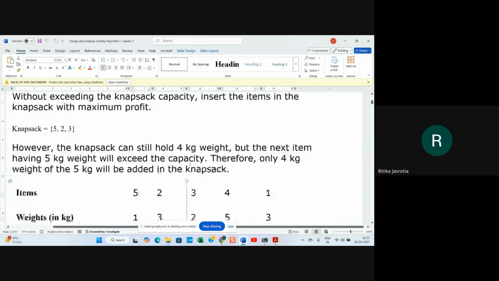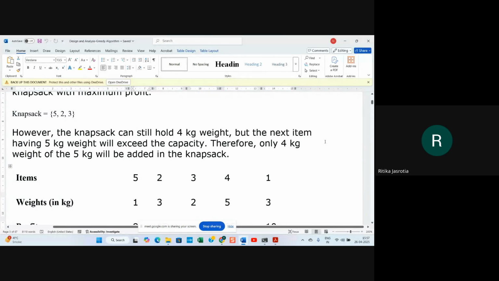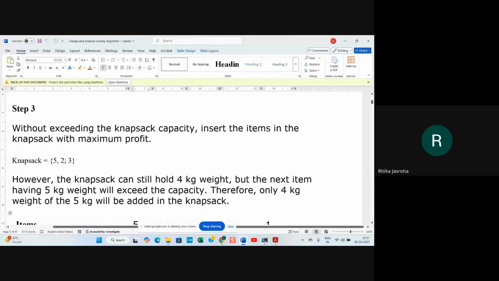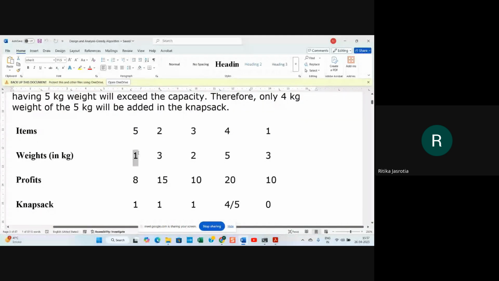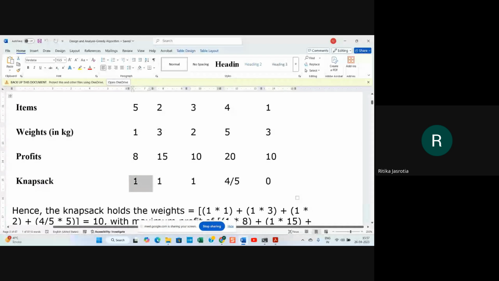Okay, let us see what they are saying. They are saying that you have to take the fifth item, and the fifth item weight is 1 kg. So in the knapsack we have put 1 kg of the fifth item. Then the next one is the second item, which has the next maximum Pi divided by Wi. So we are left with how much?